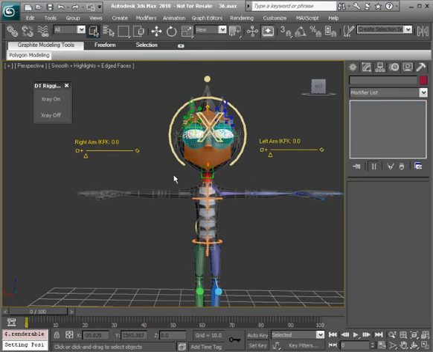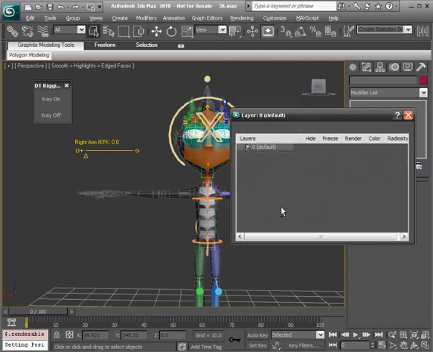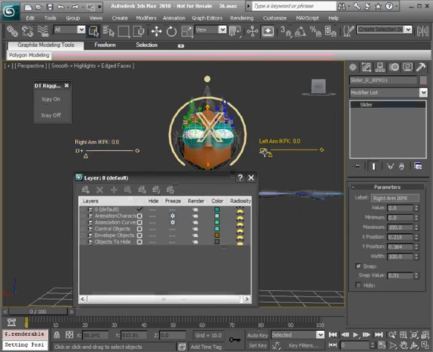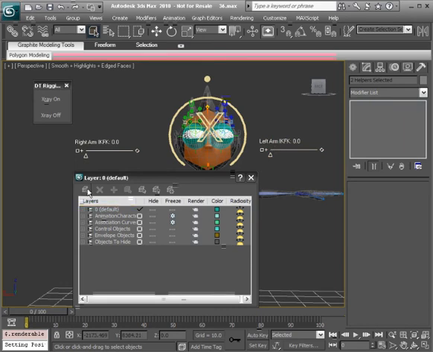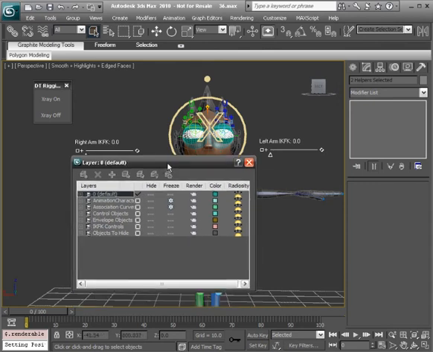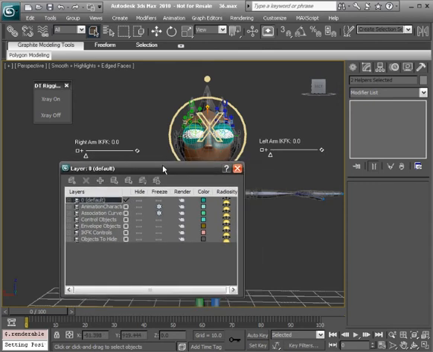And then from here, what I'd like to do is go ahead and store these in layers. Let's go to Layer Manager. With both selected, create a new layer, and we'll call this IKFK Controls. We'll want to make the default layer active, and now that that's done, that basically finishes up our setup for